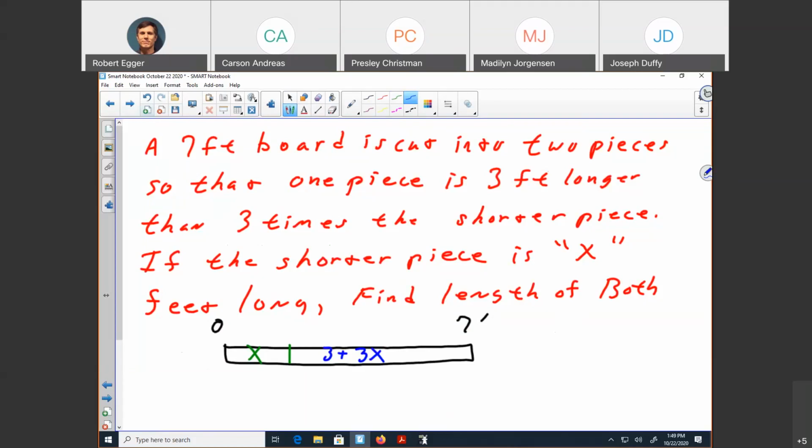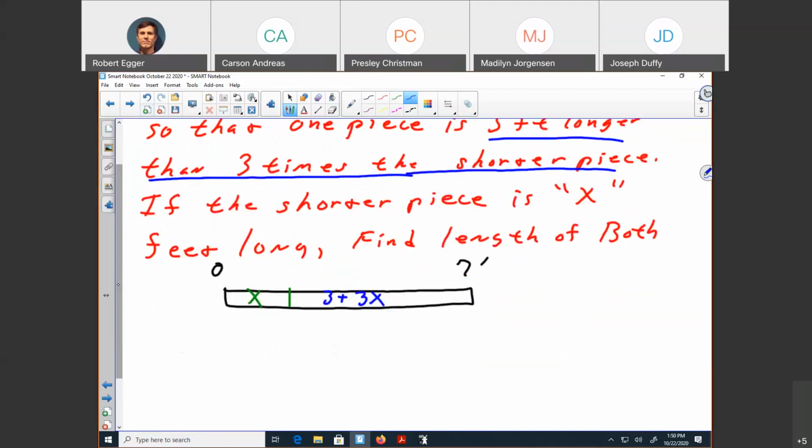The problem tells me specifically to name the short piece X. And the other one is 3 feet longer, so plus 3. 3 plus what? 3 plus 3 times the shorter piece. And the shorter piece is X, so it's 3 times X. Yep, that looks about right. And it looks like the equation is going to be X plus